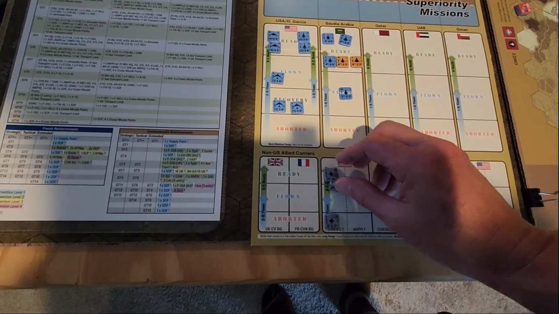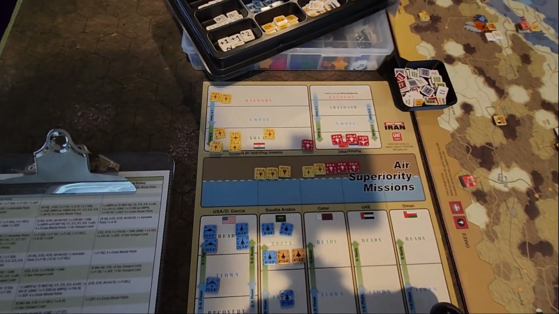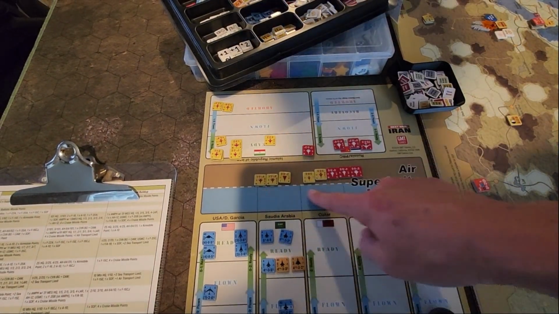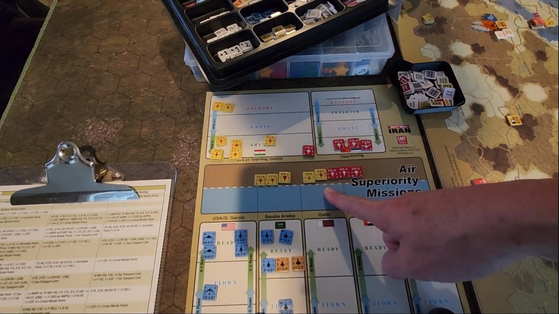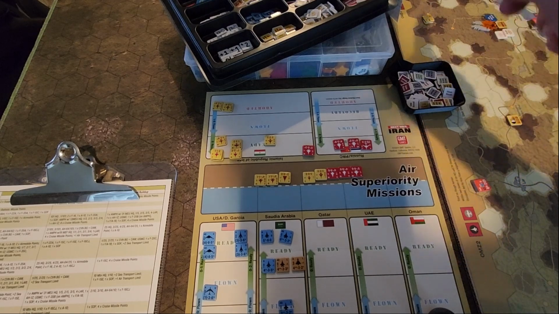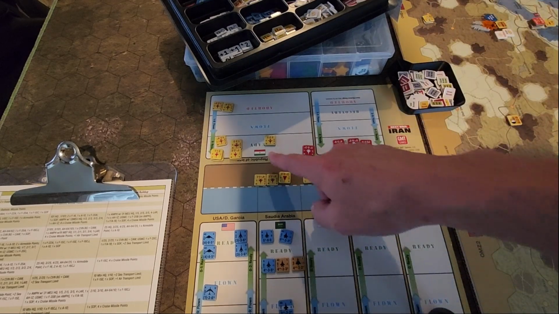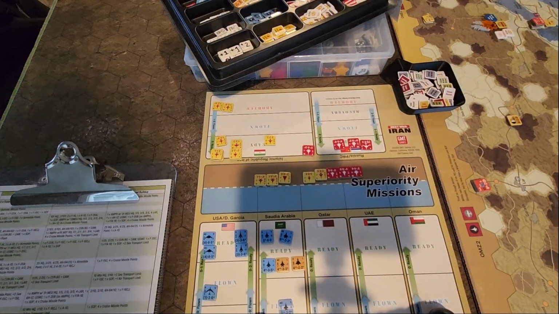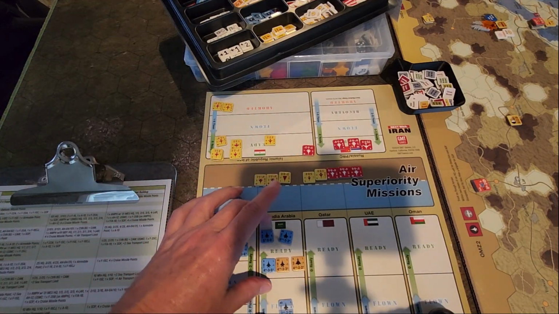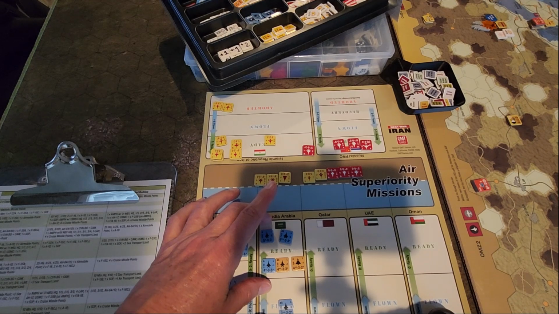And what we have here. So I only have 5 aircraft available versus at least, what is that? That looks like 8. I have a couple over there. And then I have at least 10 aircraft available. I don't like those odds yet, so I did not commit any aircraft to air